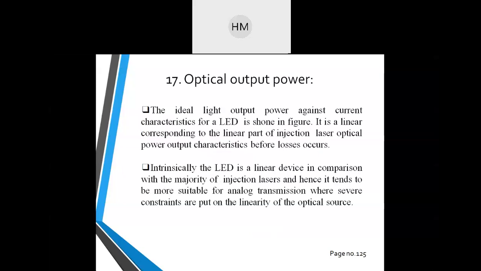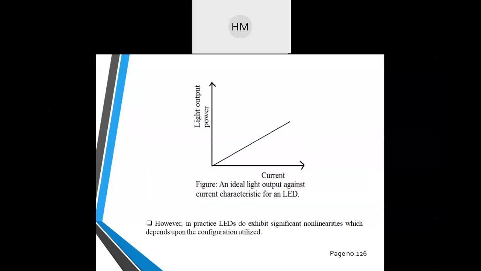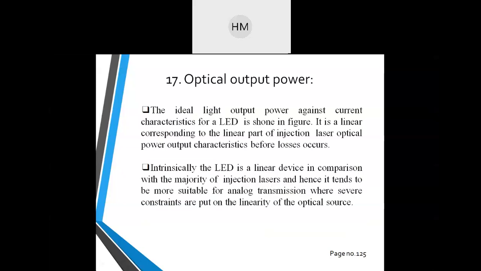So what should be there? Optical output power क्या होना चाहिए? It should be linear. जैसे जैसे मेरा टाइम चेंज होगा अकॉर्डिंगली करंट इन द डिवाइस इंक्रीजेस, द एलईडी आउटपुट पावर शुड इंक्रीज. A very, very basic definition. ठीक है. So a simple graph is shown, current with respect to light output power. ठीक है. Ideal light output against current characteristics for an LED. This you can draw. Topic you can write down as optical output power.